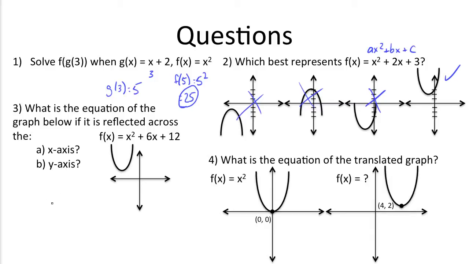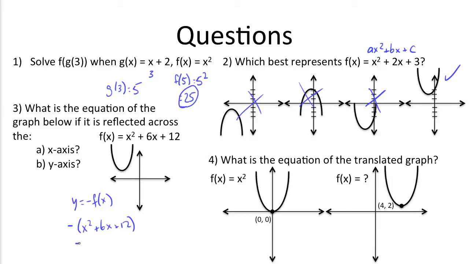Number 3, what is the equation of the graph below if it is reflected across the x-axis and then the y-axis? We know that the equation for this parabola is f of x is equal to x squared plus 6x plus 12. To reflect a graph across the x-axis, we generally put a negative outside the function, so all we need to do is set a negative on the outside here,